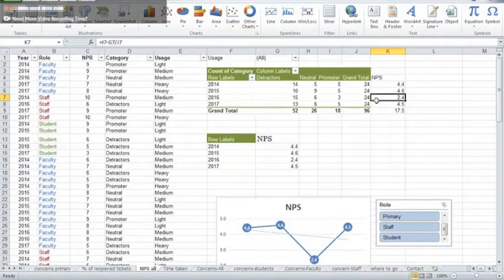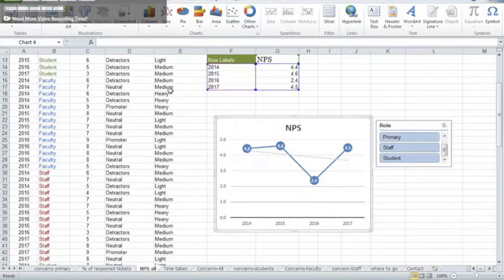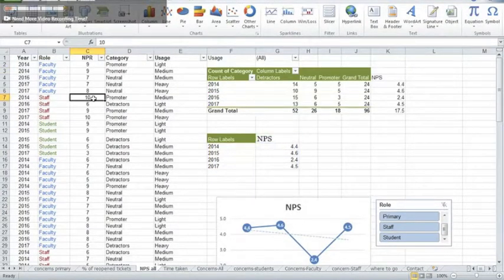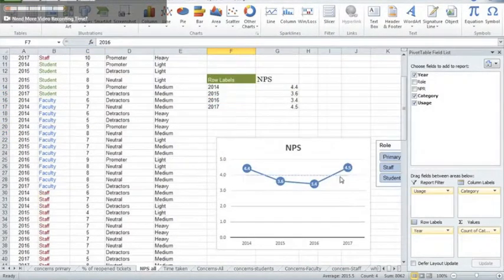Since I am not able to insert a chart directly, I have copied the values over here and then inserted a graph. To make it simpler for you, all you have to do is modify the values over here with the real values. It looks something like this. Add values over here, click on the pivot, click on refresh, and the graph will change.